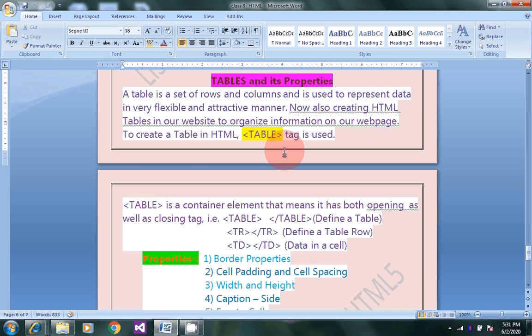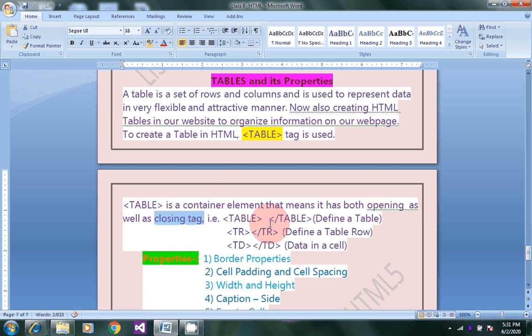The process of creating an HTML table is very similar to how you create a web page and any elements, when you create a list, when you create a link. It is simple. The table is a container element, meaning it has both an opening as well as a closing tag.